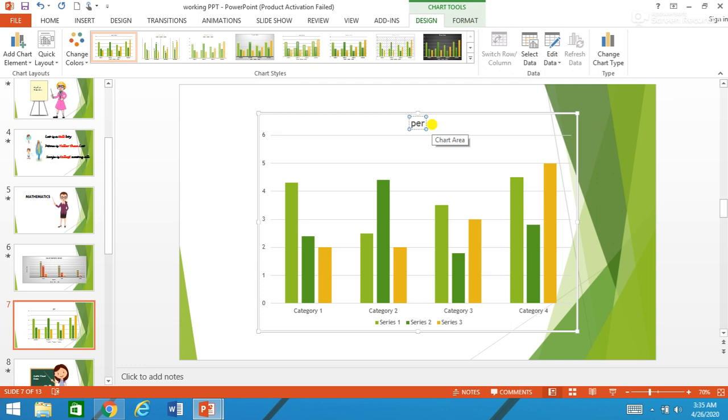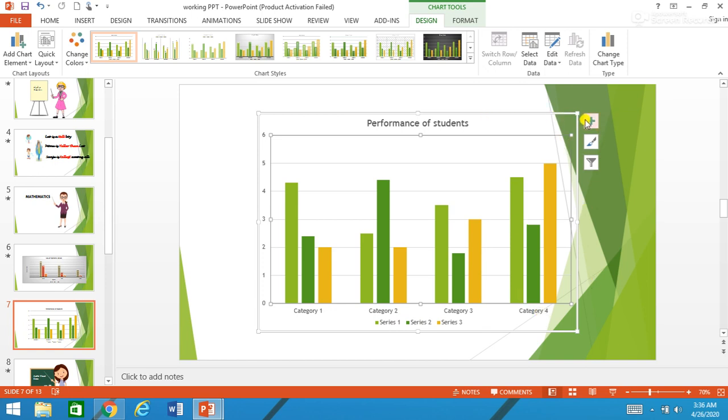So I just write performance of students. I also want to change this category 1, 2, 3, 4 as say division A, B, C and D. And I also want to change this series 1, 2, 3 as say subjects, maths, science, English. How can I do this? We will do this later. Let me first tell you some other things.